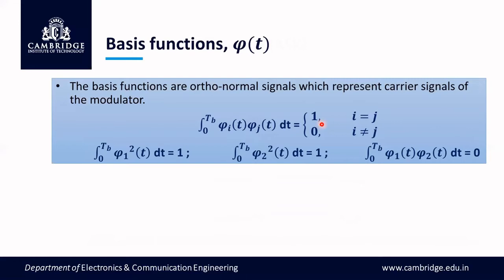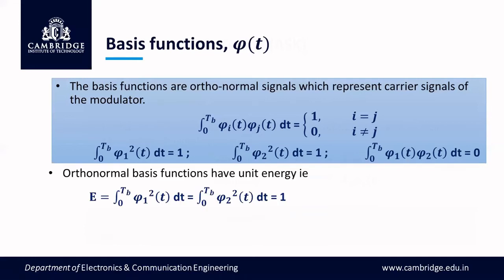With the help of the carrier signal, we come to this conclusion. When the carrier signal phi1 of t is multiplied with itself and integrated, you will get 1. Similarly, when phi1 and phi2 are multiplied, we get 0. This property is very useful at the receiver to represent m number of symbols. The amplitudes A1 and so on are chosen for the same carrier signal phi1 of t. Let us look into the energy of these basis functions.